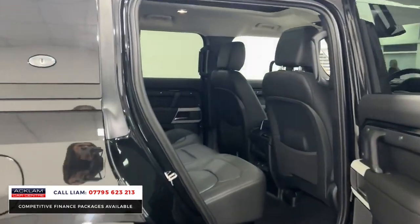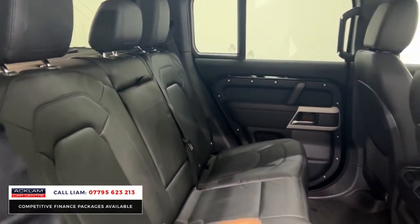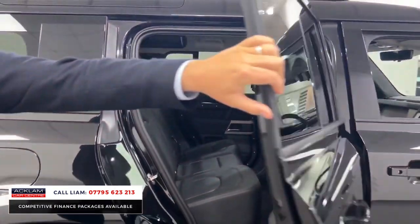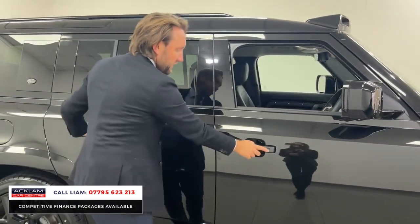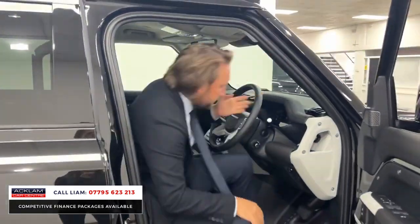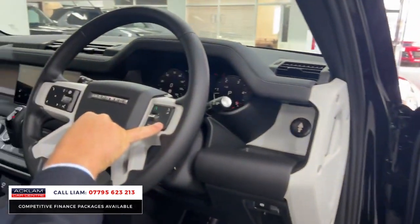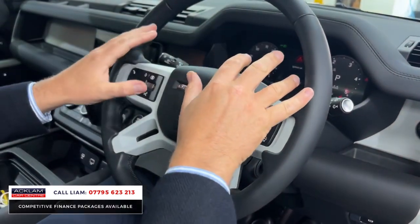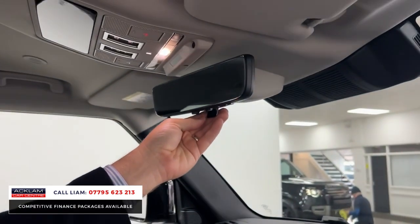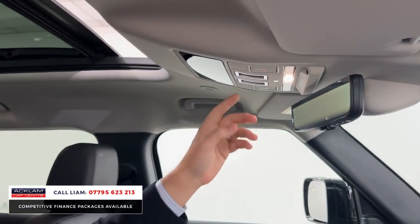Ebony leather inside. So you can see Defenders are so popular. They've got a big boot, lots of space in the rear, lots of charging points, very safe. All your ISOFIX points as well. It's all keyless as well, so there's little buttons on here. And then in full leather, Meridian signature, memory seats, heated steering wheel, again another great feature, digital cockpit, automatic lights, automatic wipers. Moving up here, you've got your ClearSight camera, you've got your opening sunroof, and then if I move